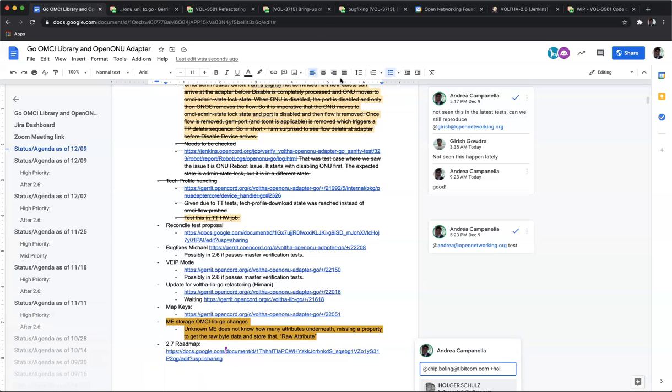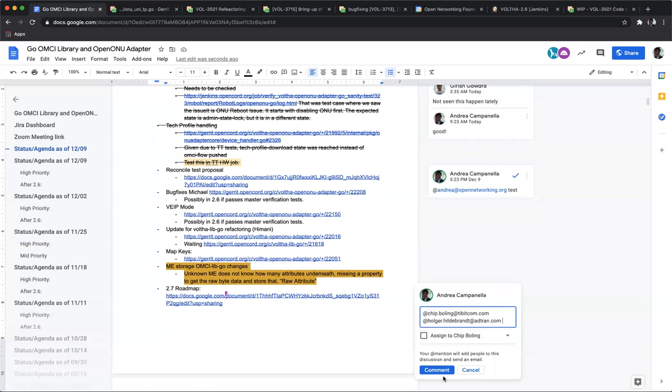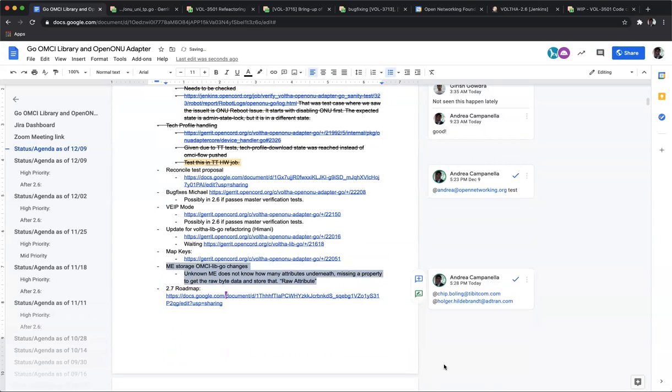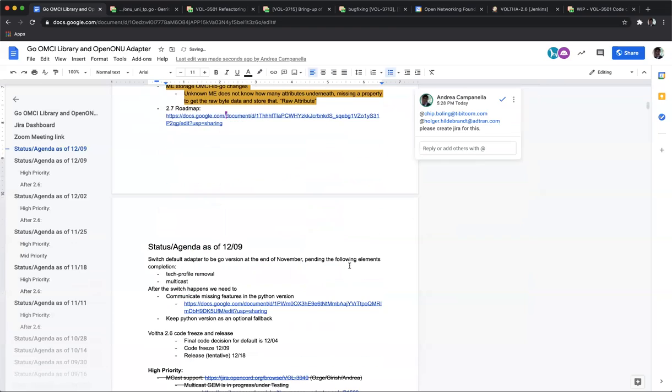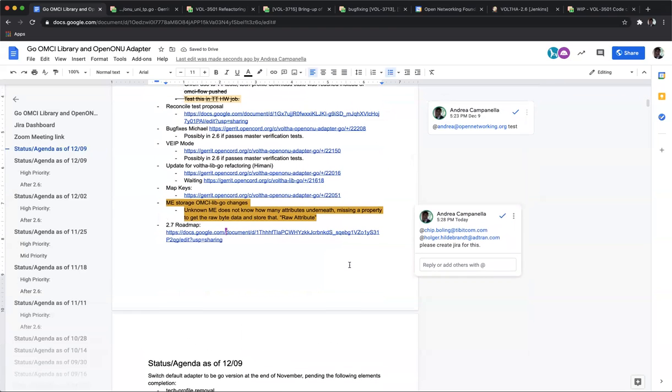And then you can just go ahead and get it done whenever you can. I don't feel it's terribly urgent, so whenever you have the time, if you want to do it for 2.7, I think it's a good thing. We have like 3 months to do that. Create a Jira, and we are going to get it done whenever we get it done. Yeah, it's probably low priority because it's really of not great value until you can derive other ONU adapters from the common OpenONU adapter.